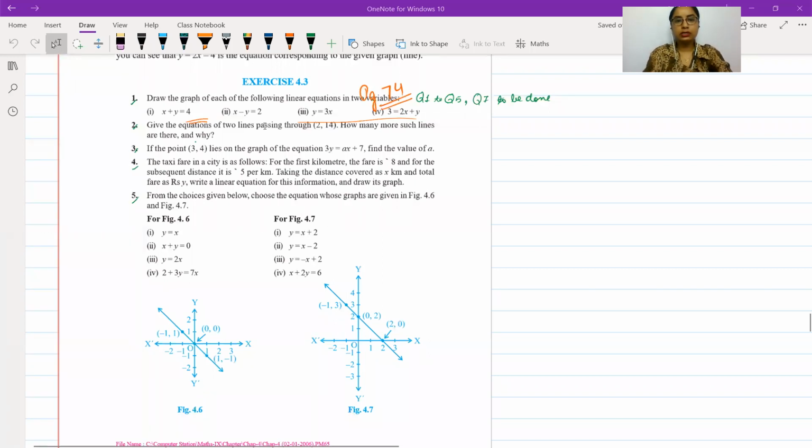So the first question is a simple question. You've been given a linear equation, you have to draw the graph. And in order to draw the graph, the first thing you want to do is find at least 3 solutions for the given linear equation. You can draw the graph with 2 also, but 3 just helps us ensure that the graph is correct. In case one of the 3 answers is not falling on the same straight path, you would know that there is a mistake.